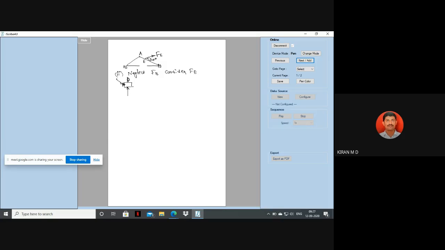Okay. We know the direction of FV. We know the direction of F23, right? This is link 3 and this is link 2. We know the direction of the force on this. So for that, first you draw the direction line of FE. This direction we know from this direction.